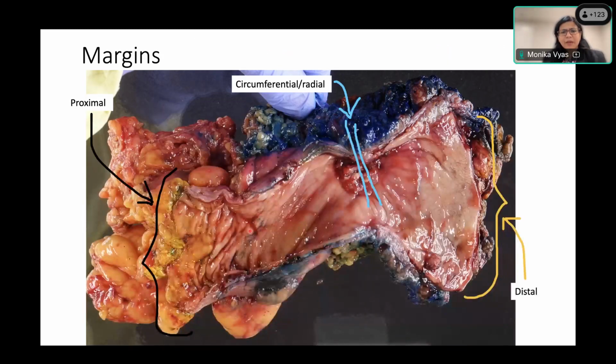So here are some examples. So this is a rectal cancer specimen. So we have a proximal margin and a distal mucosal margin here that I've labeled. And then we have this portion which is inked with blue ink here. And that is the part where there is no serosa. So it's the soft tissue which has been dissected along the visceral plane, and relationship of the tumor to this soft tissue edge would be a circumferential or radial resection margin.